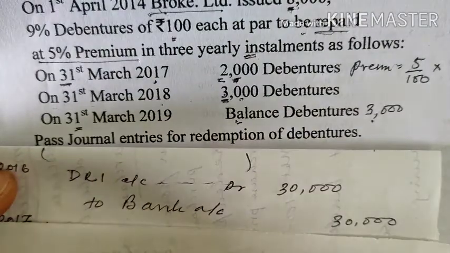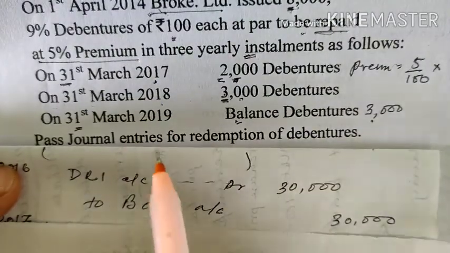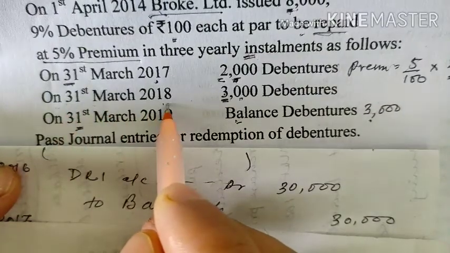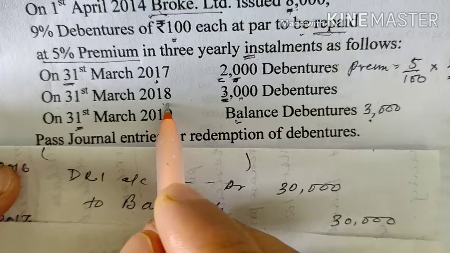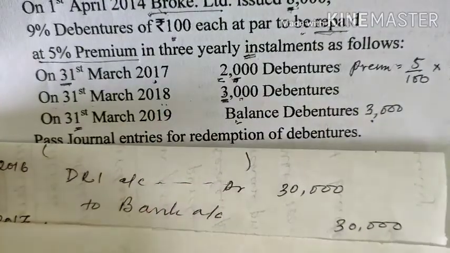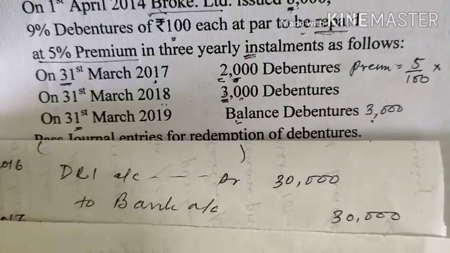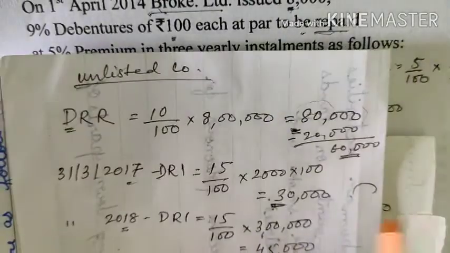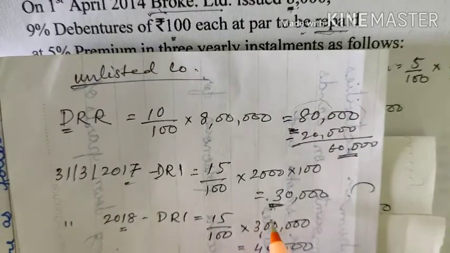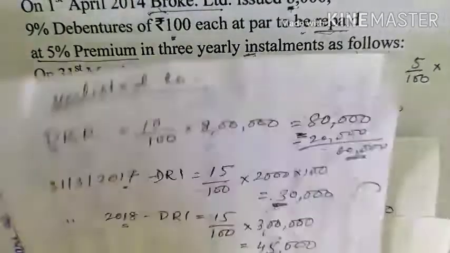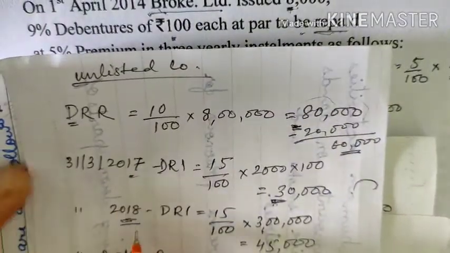It is a continuation in the same journal format for the next installment. Your next installment of redemption is 31st March 2018. Debenture redemption reserve has already been created, so you don't need to make the entry for that. Now we'll make the entry for investment, DRI. So we have already calculated what is the DRI required here. DRI required for the year 2018. So this is redemption in 2018. So DRI for 2018 is